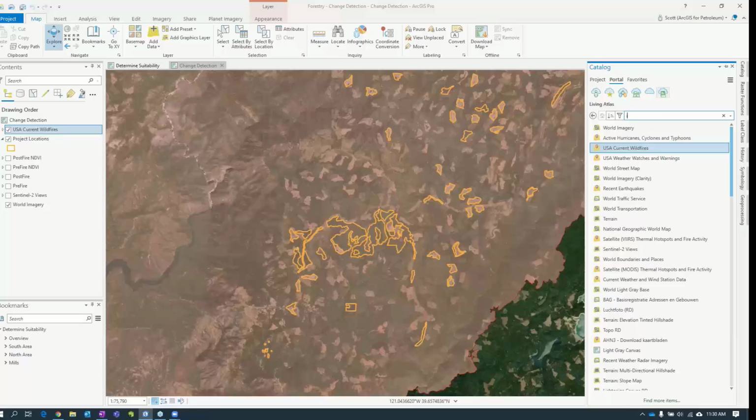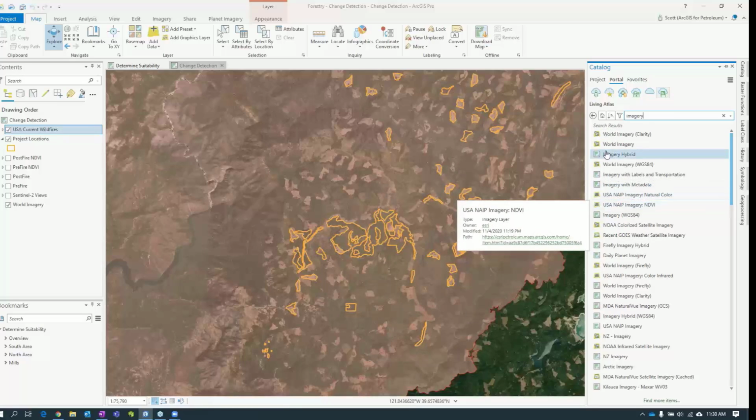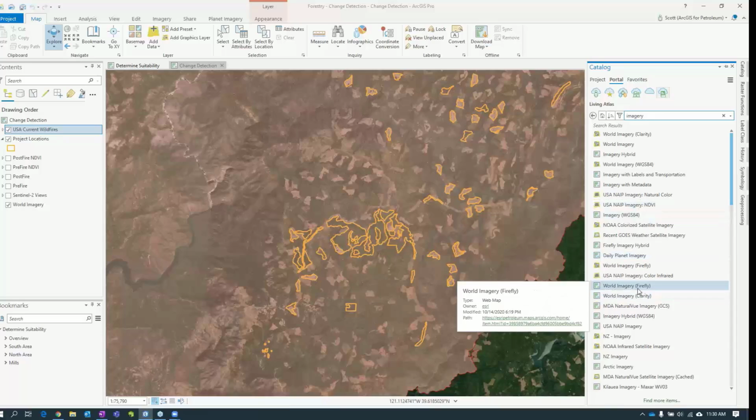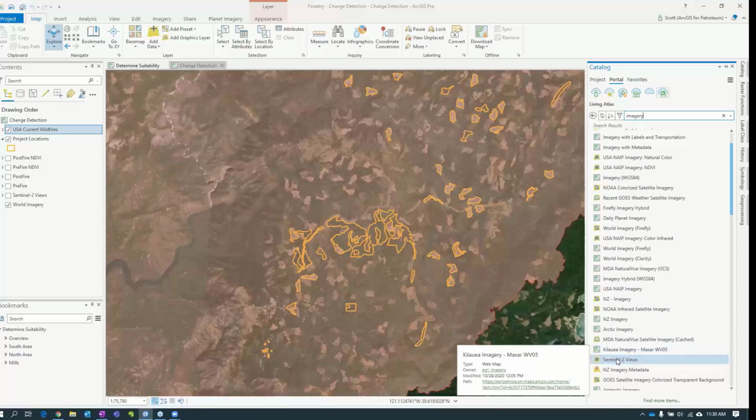So if I come back in the Living Atlas and search for imagery, I get a lot of different things returned depending on where you're at, right? We have the imagery base map. We've got things like the USA NAIP program imagery, and all of those are good, but usually the revisit rate isn't as high as you might want for a case like this, where we're really interested in looking at current imagery. Part of the Living Atlas does include the Sentinel-2 views, which actually do offer pretty high resolution